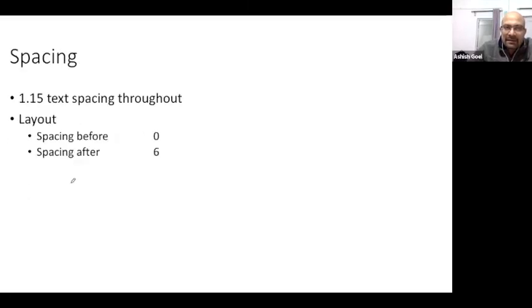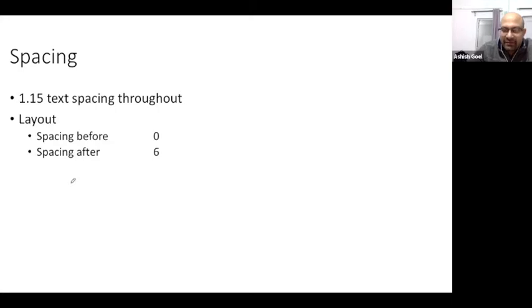So spacing, usually I use a single spacing, but whatever kind of spacing you are using, it should be uniform through the text. Either use double spacing or single spacing or 1.5 spacing or 1.15 spacing. It's fair enough.